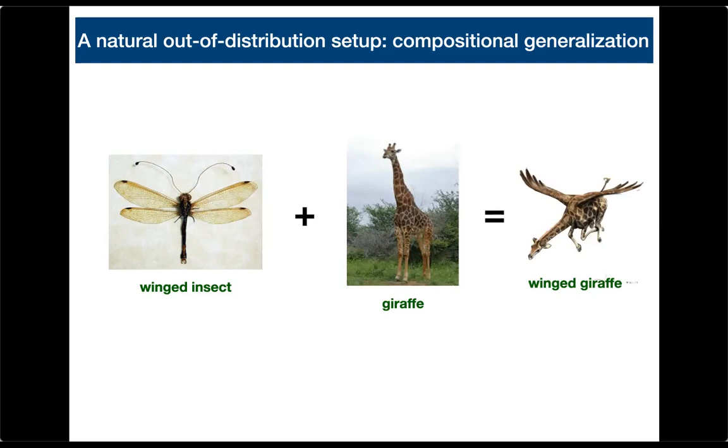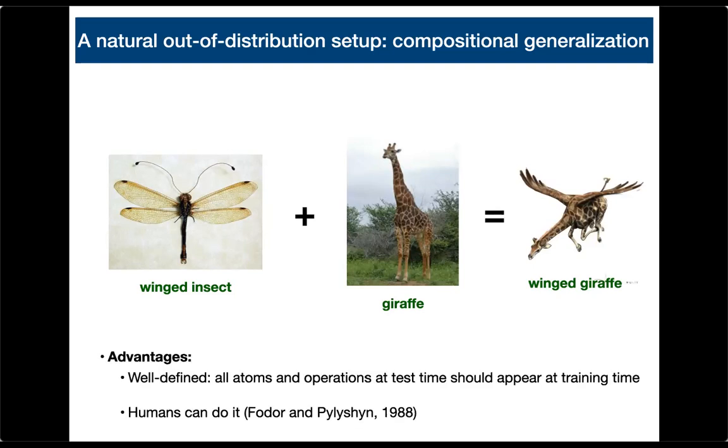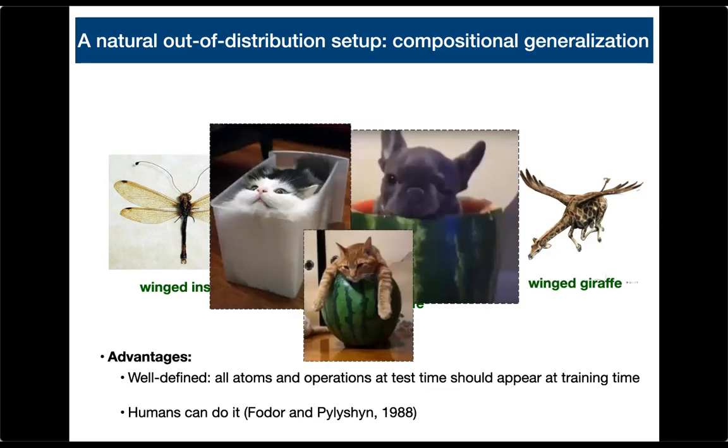And the reason this is a nice setup to explore is because, first of all, you can operationalize it. You can actually build data sets where the output is some structure, and you can make sure that all of the parts appear in the training set, but the things that you see at test time are new compositions that you have never seen before. And secondly, this is something that humans can do quite well. We can interpret new words and new compositions all the time. And this is what allows us to describe things like a cat stuffed in a box, or a pet peeking from a watermelon. Even though you've never heard this, this productive nature of natural language allows us to communicate infinitely.